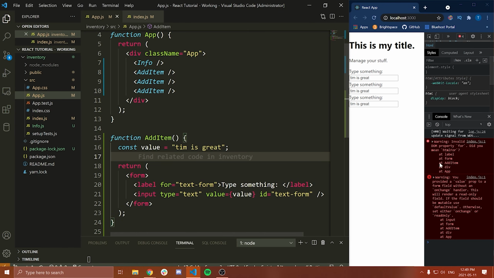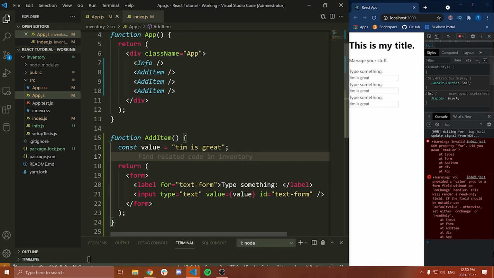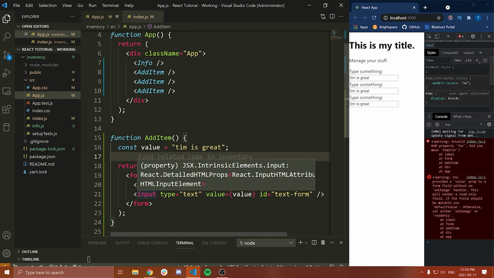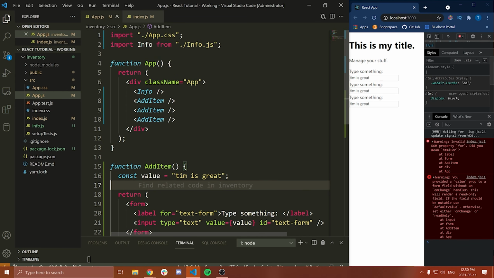Now, the first thing I'll address here is just a few of the warnings we're getting inside of our console. You don't have to worry about these too much. I've just done some slightly incorrect things with our HTML. Really, for the purpose of this tutorial, it's not a big deal at all because we're going to be changing all of this, and add item and all this stuff is going to be removed by the time we get into the core of the application. A lot of stuff I'm showing you right now is just very simple examples to illustrate these React concepts. So if I make any small mistakes with the HTML or CSS or whatever, just ignore them. Not a big deal. We'll fix them later on. Anyways, what we're going to do now is talk about props.